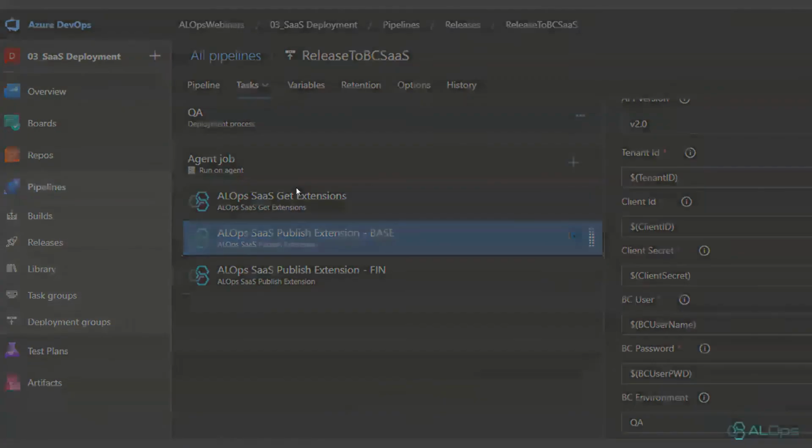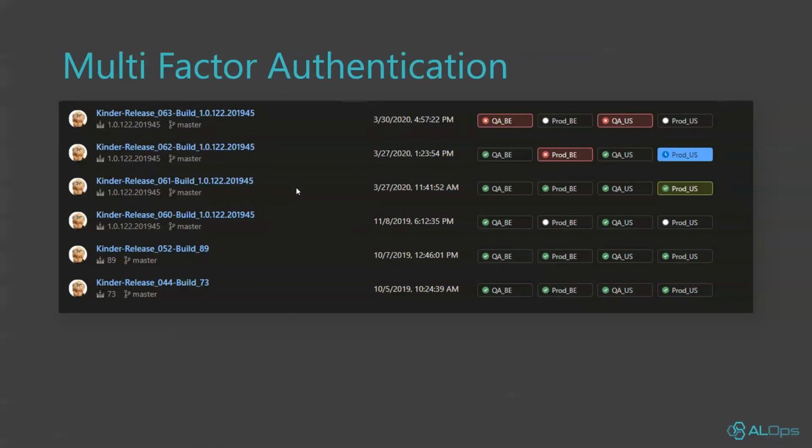Okay, a few words on multi-factor authentication. At this point in my environment, I did not enable multi-factor authentication, and I do know that CSPs are actually mandatory to enable multi-factor authentication. That is at this point kind of a problem. You see here, and I can basically browse to that